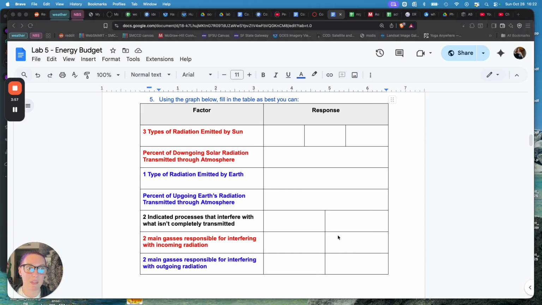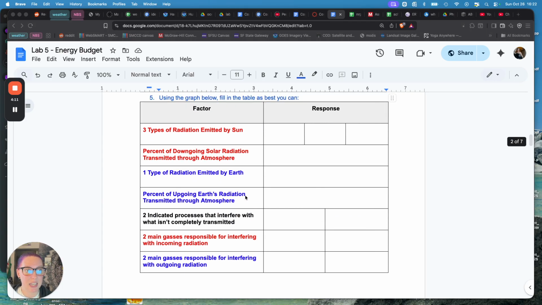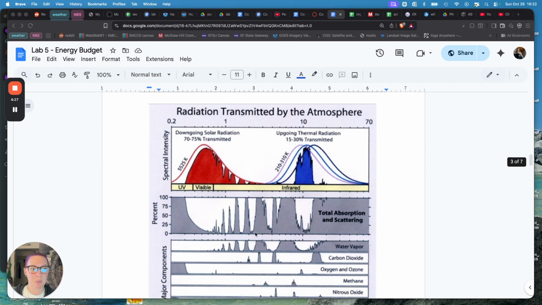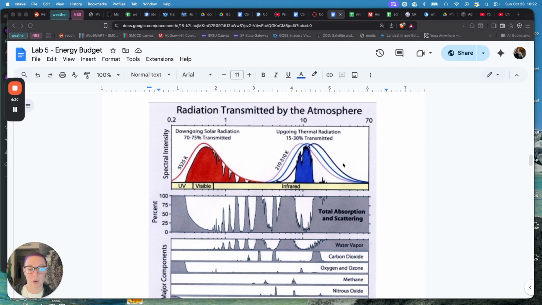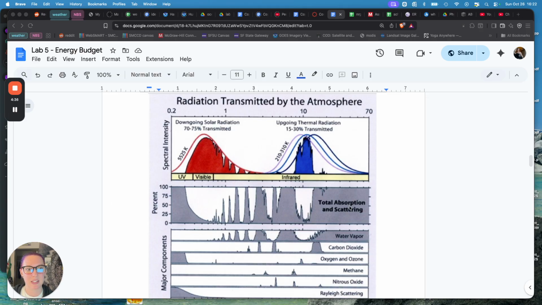Next I have a table that corresponds to this graphic, which is really important when we're thinking about the energy budget. In this table I've tried to color code which part of the graph you should be looking at. Red indicates what's coming down from the sun, which is the left side of this graph. The bluish color is meant to be your focus on the right side of the graph. There's one in black because it extends throughout the whole